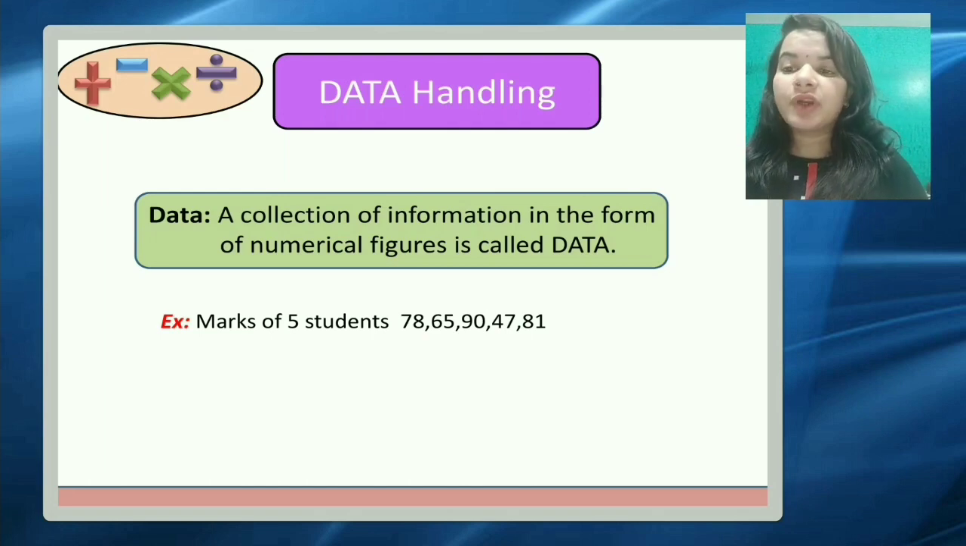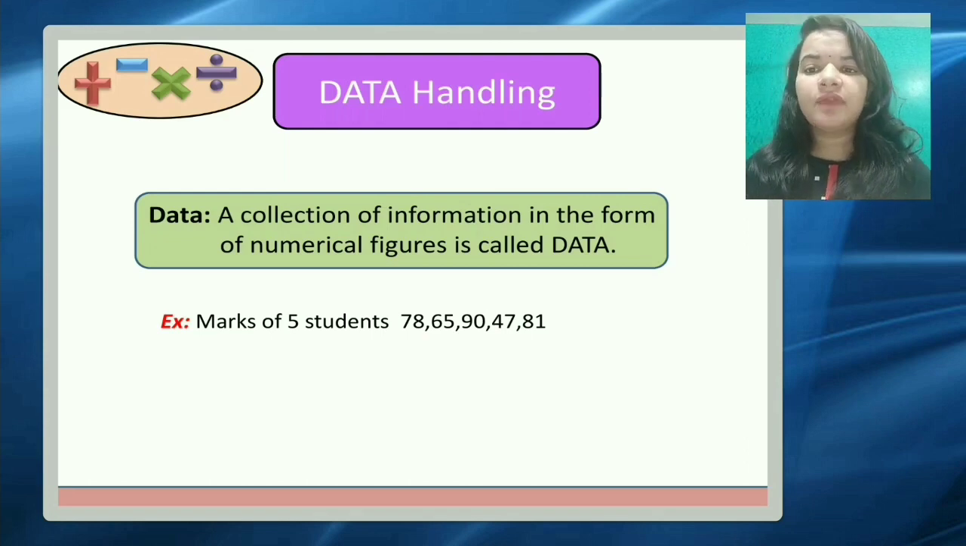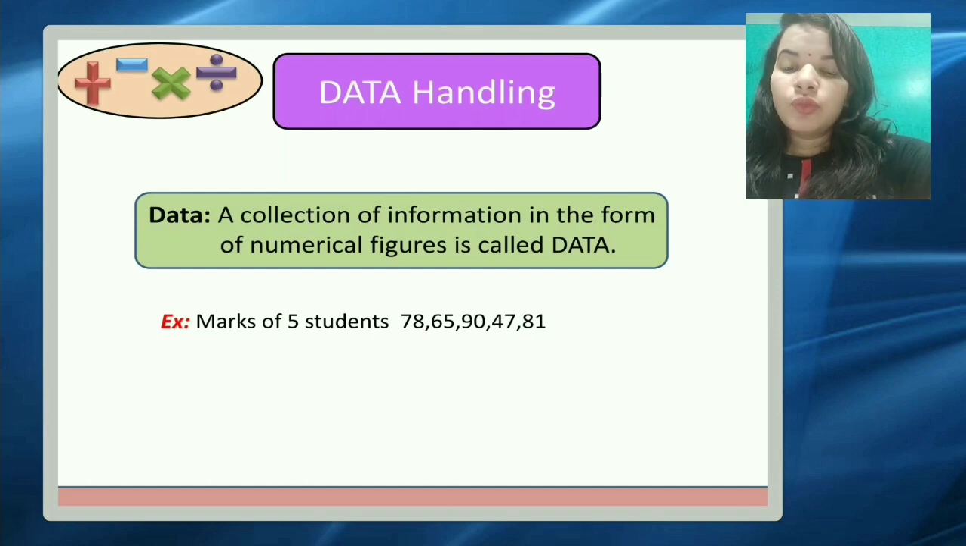Clear? As for example, here it's given marks of 5 students like 78, 65, 90, 47, 81. These are marks of 5 students out of 100 in any subject. So this is a kind of data. Okay. Now moving further,